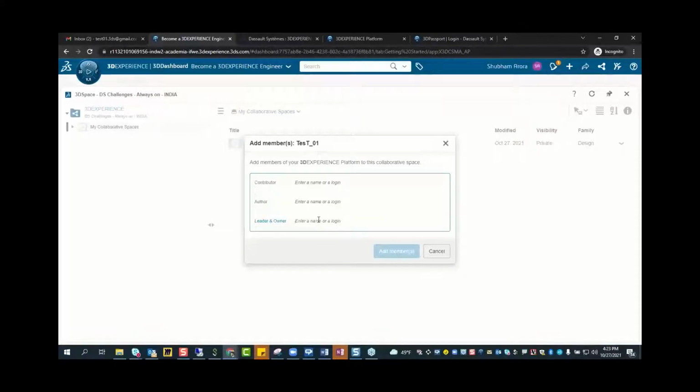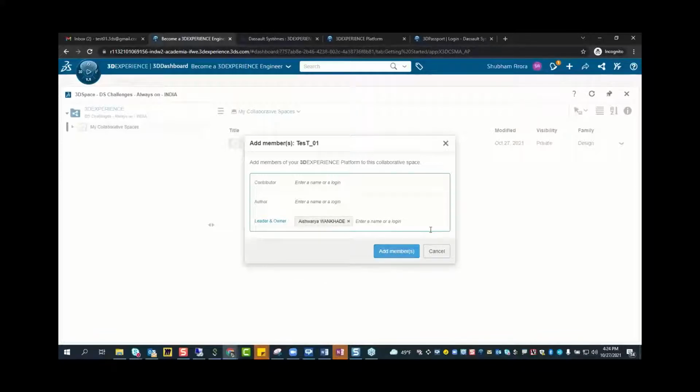You just need to enter their email IDs and you can add them. I'm just adding my colleague's name for the moment. As soon as you add all those members,